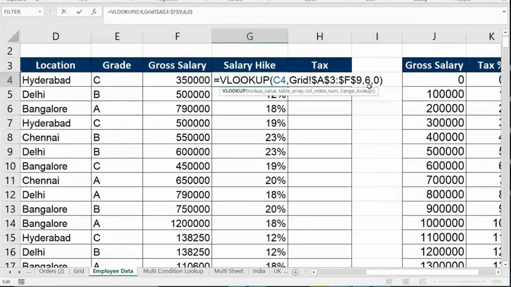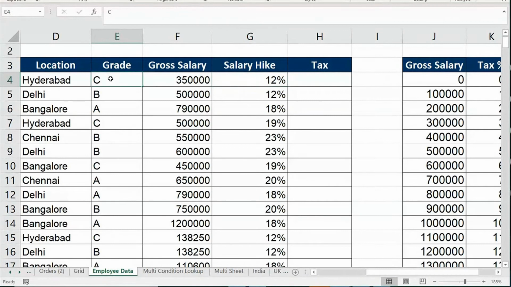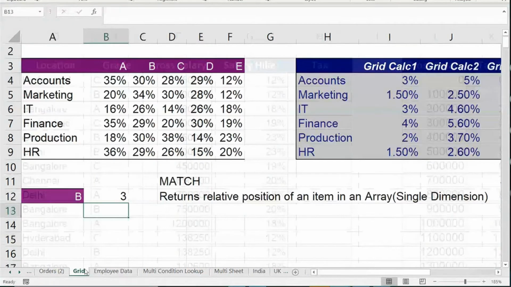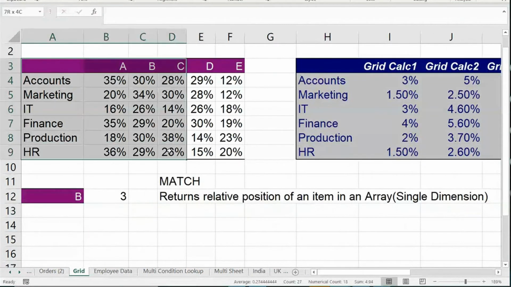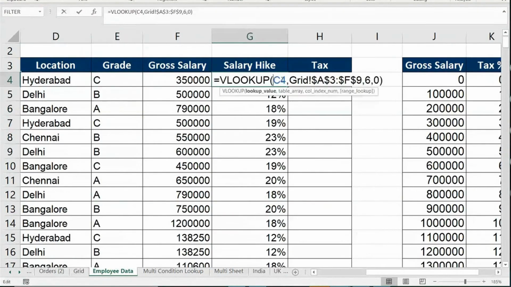But actually it is not that. This guy's grade is what? C. C means it has to get the information from the 4th column. Here, C is what? 1, 2, 3, 4. Where is B? 3rd column. Where is A? 2nd column. That is what we are trying to create a mechanism of. So instead of writing this manually, we are writing MATCH. Got it? I'll just delete the 6.